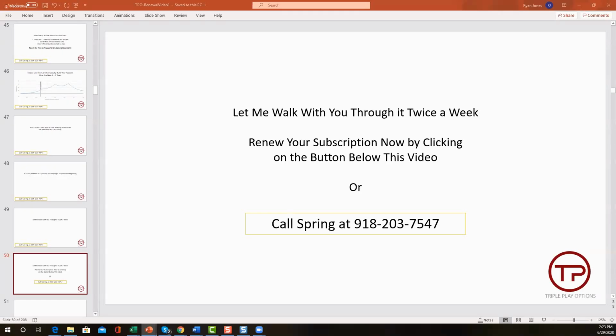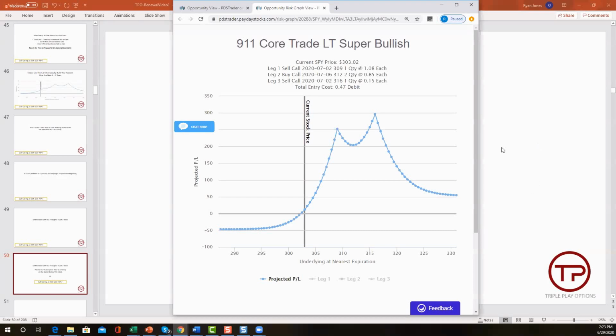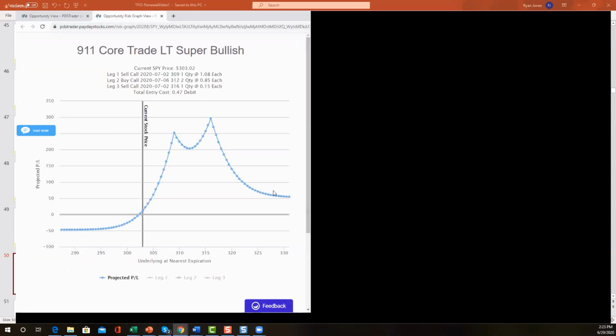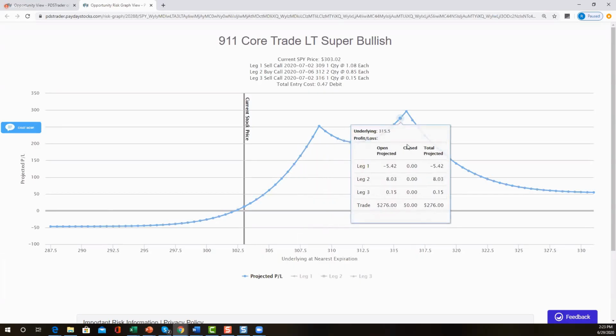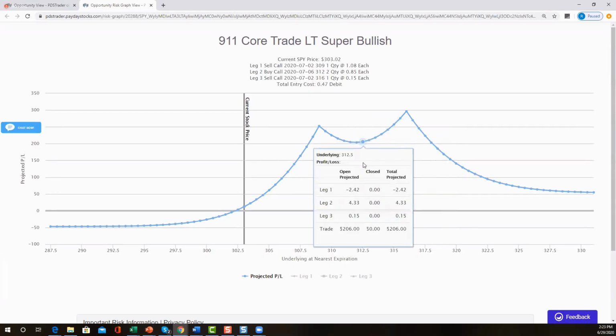All right, so what he's saying is, let's move this down here. What he's asking is, okay, this particular example, this is not the bullish that we have on, but it's a bullish trade. If we move into this profit zone here early in the week, should we go ahead and take profits? And the answer is no, that's not an absolute. You have to take a look at the minimum profit potential.